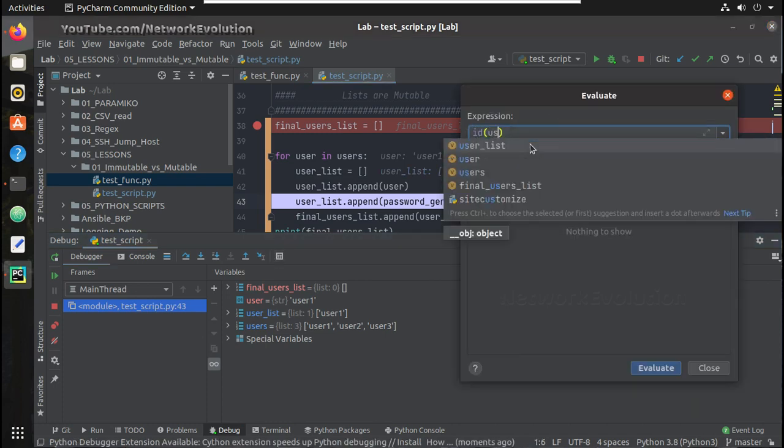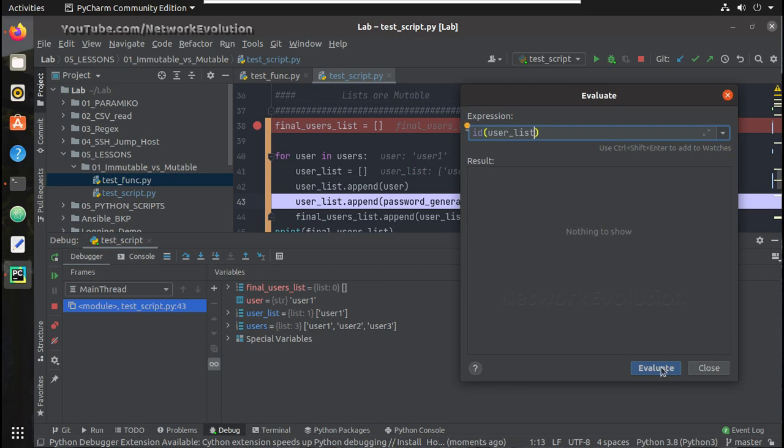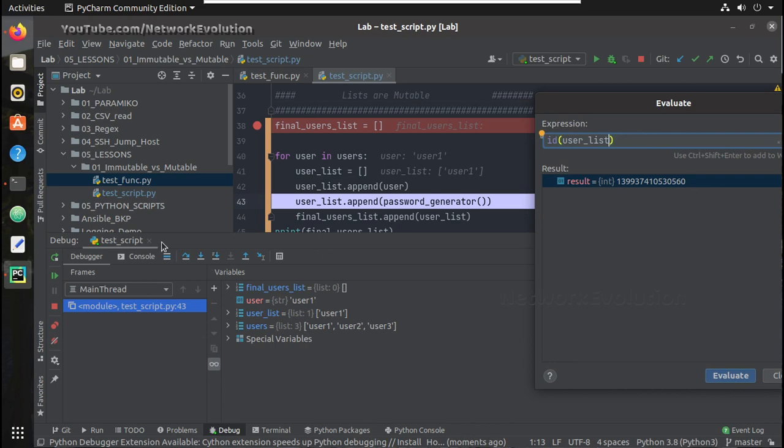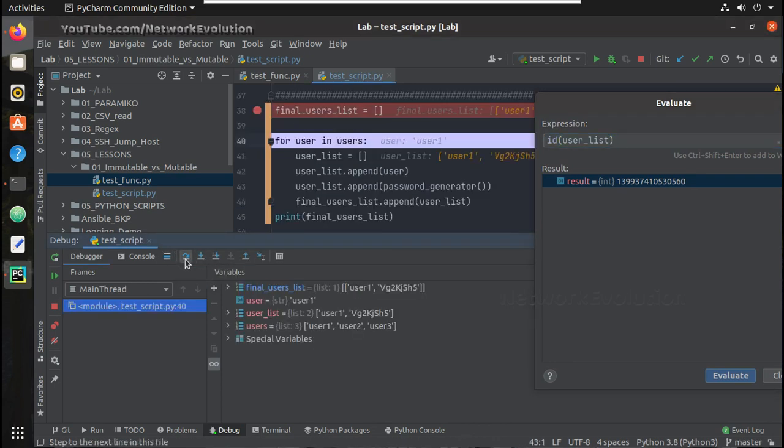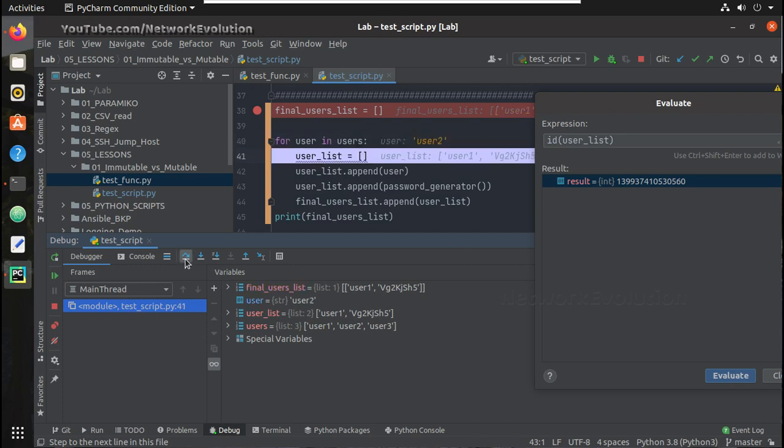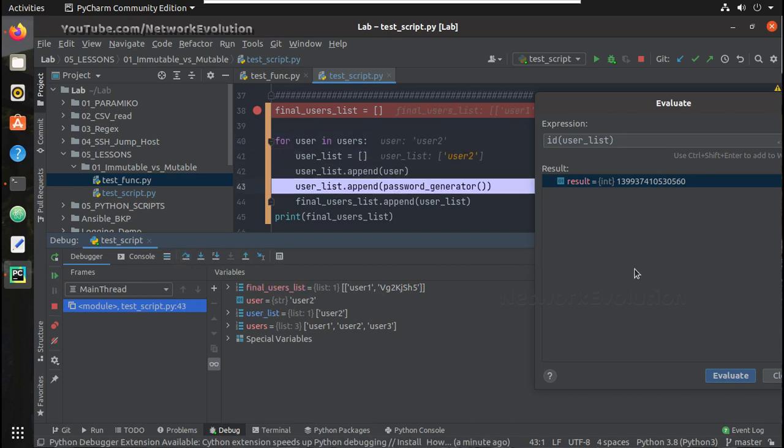ID of user list, it is 0560, and now user became user2.